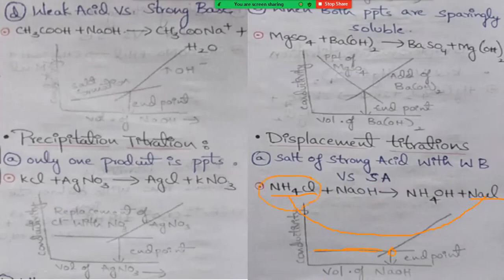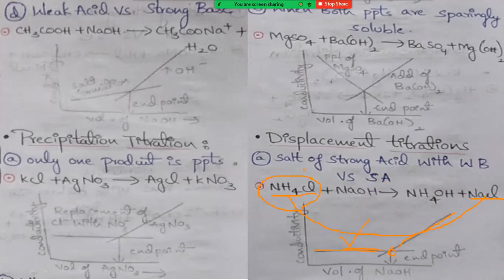At the endpoint, all the ammonium chloride is completely consumed. After the endpoint, we are adding the titrant solution, which increases the concentration and the conductivity values. Simply, displacement titration is useful for displacing ions which have similar charge, so we see similar conductivity in this reaction. That's why initially we can see the plateau.